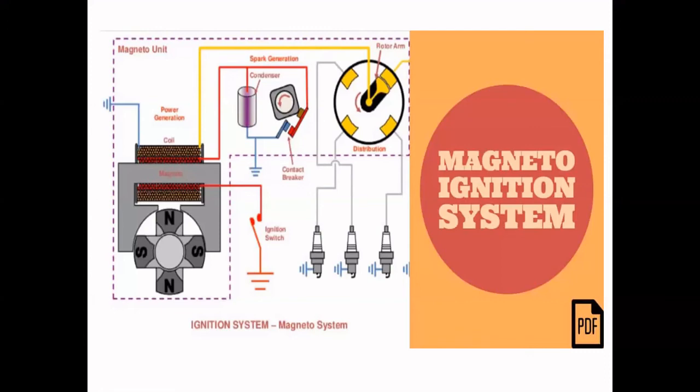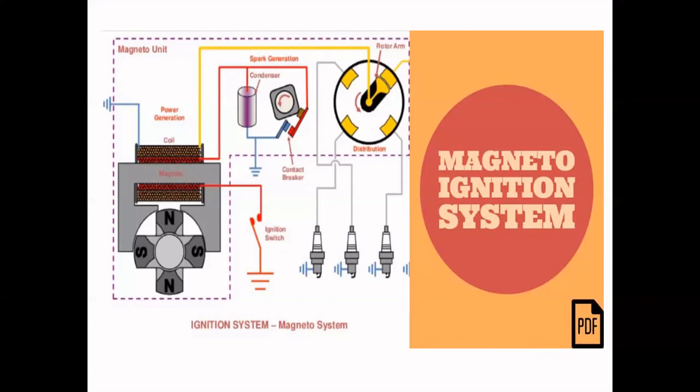But preferably, and again I am repeating, the magneto ignition system is not only recommended but used in two-wheeler spark ignition engines. Apart from this, magneto ignition systems are also used in buses, trucks, airplanes, power units, marine engines and natural gas fired engines. These are all the places where we can use it.